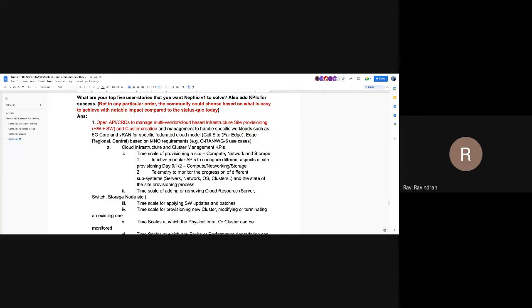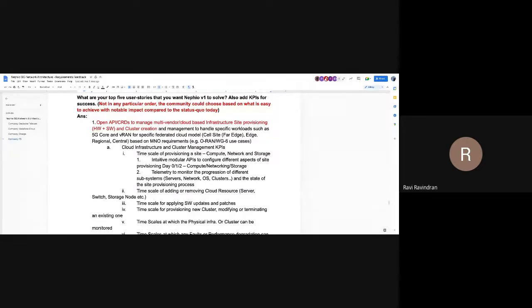So the first one I primarily put, again, this was all mirroring the fact that the central use case is 5G, and with the 5G system you have highly flexible ways in which you could deploy the system from a RAN perspective, which is spread out from the far edge cell site to the edge regional cloud and central cloud and so on. So you have multiple layers of cloud to be managed.